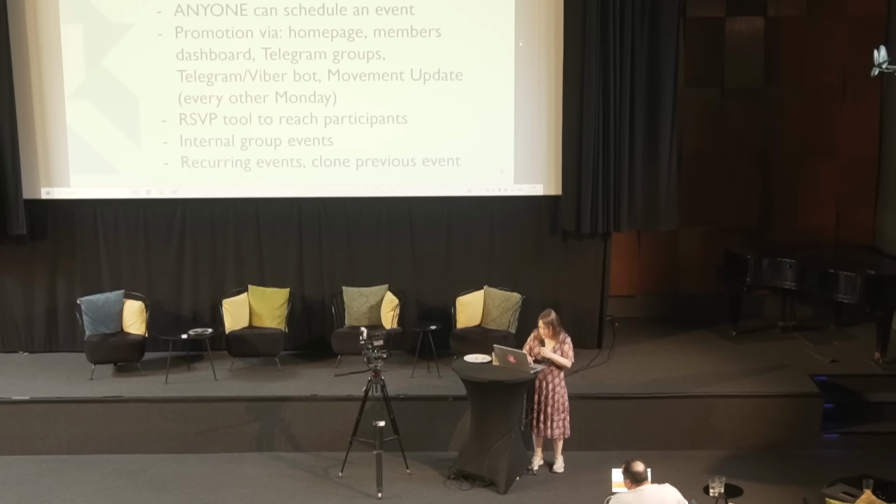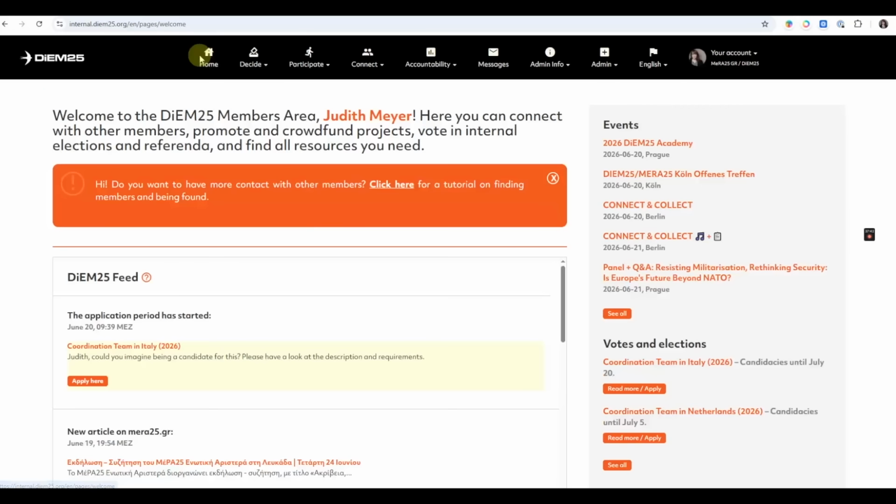That's a good idea. Now with AI, it's so easy to add features that the biggest issue is knowing which features to add. So please, your suggestions as people who are actively using the site and have tried out various things, you can tell me what is really needed. If you add an event, it will be promoted on the DiEM homepage, like I said. It shows up, all of the events show up there. The members dashboard, so if someone goes just to home here, they see the next relevant events for them here. This is Berlin specific because I'm based in Berlin, but if you were living in Milan, you would see some Milan events right now.